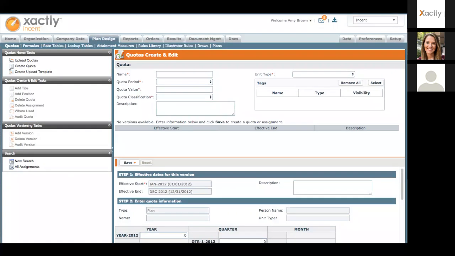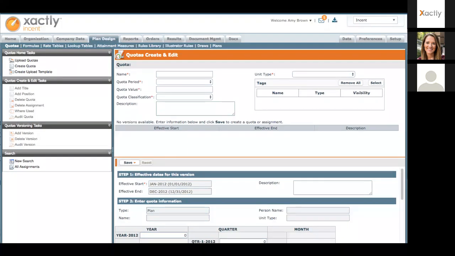So quotas already have strategy built in. And in Incent, we have some feature functionality in quotas that will help you with that. There's a quota classification field. You can use that to further refine quotas beyond just the quota name itself.